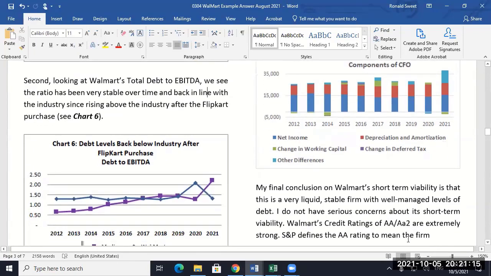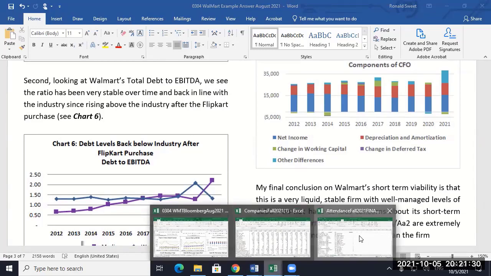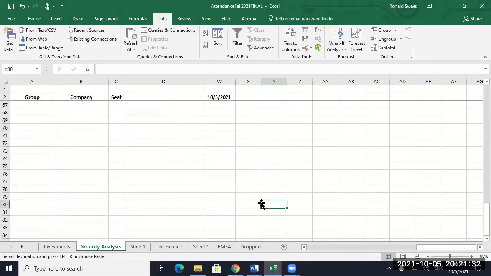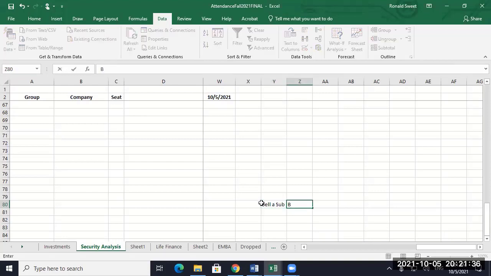The biggest things that you see in other are usually a pension contribution or a realized gain or loss. Remember, I'll say it again, I did it earlier: if a firm sells a sub, let's say the book value was 2 billion and the sales price was 1.5 billion. So they had a loss,